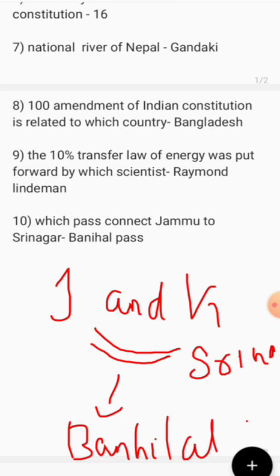So the Banihal Pass is connecting Jammu and Srinagar. So we can get a code like there are certain things banned in Jammu and Kashmir, due to the huge terrorist activities, so the ban will be a code for studying this Banihal Pass. So this is the 10th question, which was the continuous